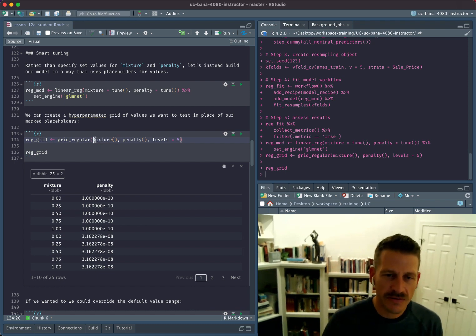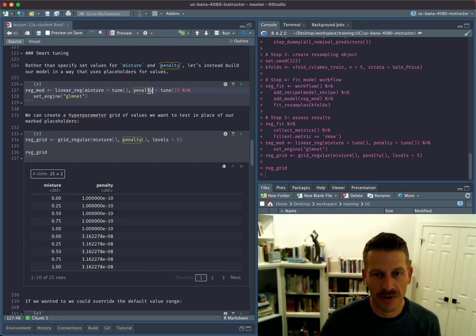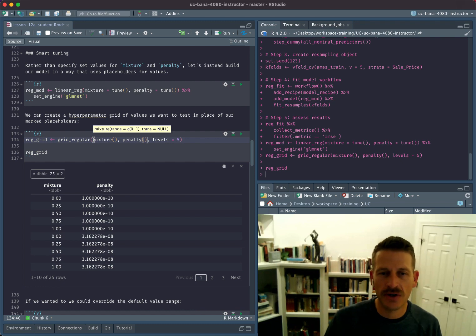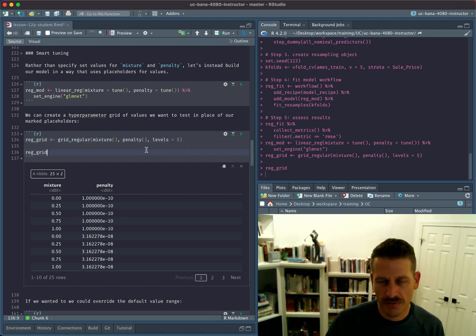So with mixture, within grid_regular, if we just apply mixture, this is a function for our mixture hyperparameter here. And we can apply penalty, and that is going to give values to be used for this penalty hyperparameter. I don't specify anything, and that's because these functions have default values that are considered smart to search